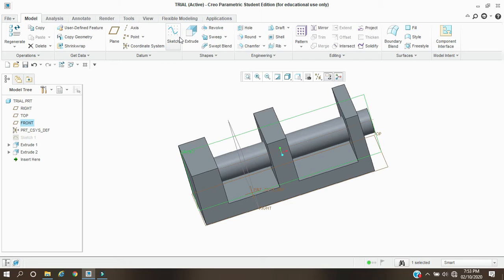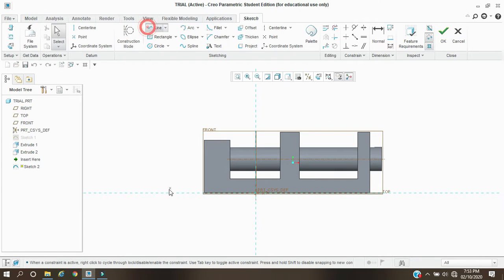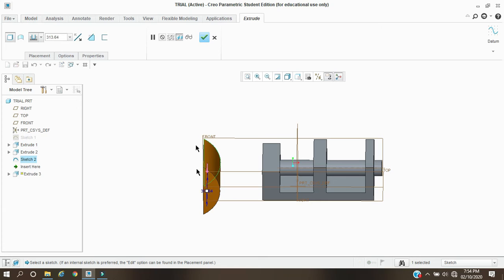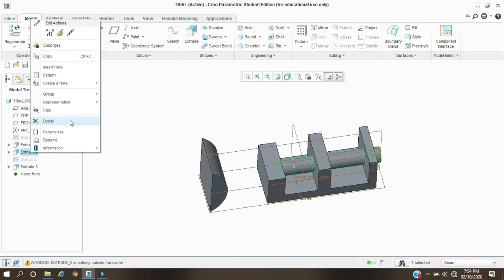Okay, I will draw one circular feature, circular surface type of feature. Okay, this is my circular feature. I will make it symmetric. Okay, now I will delete this.